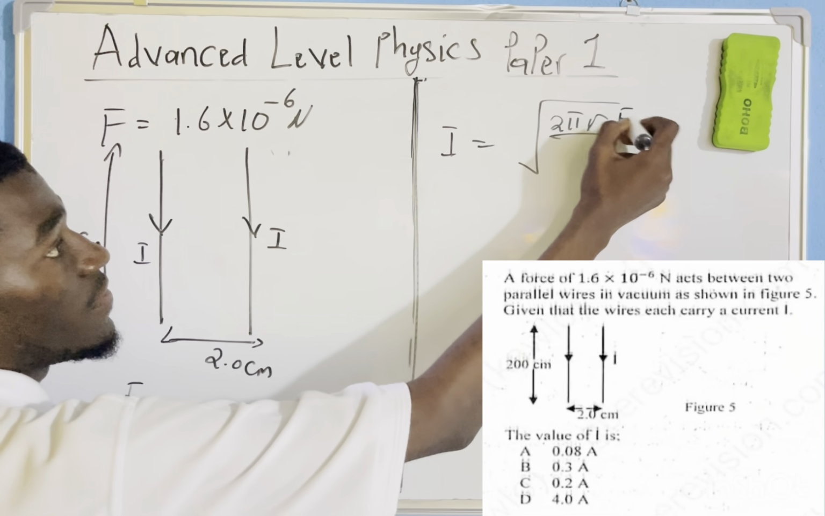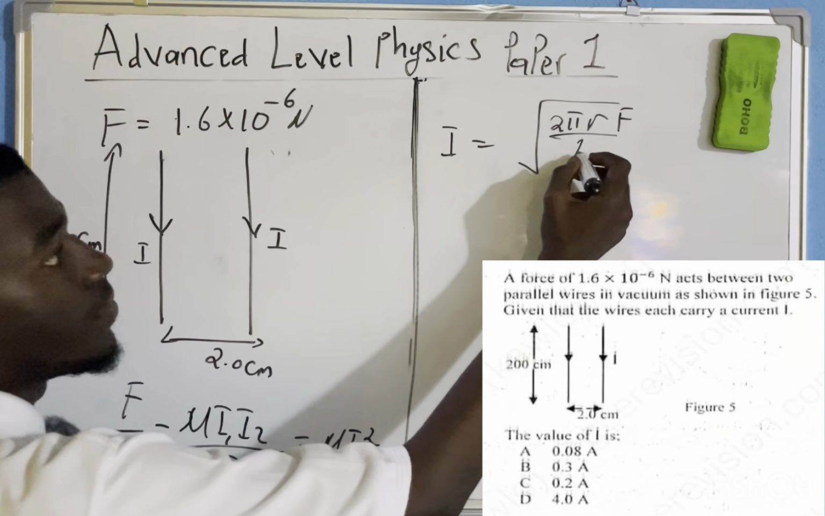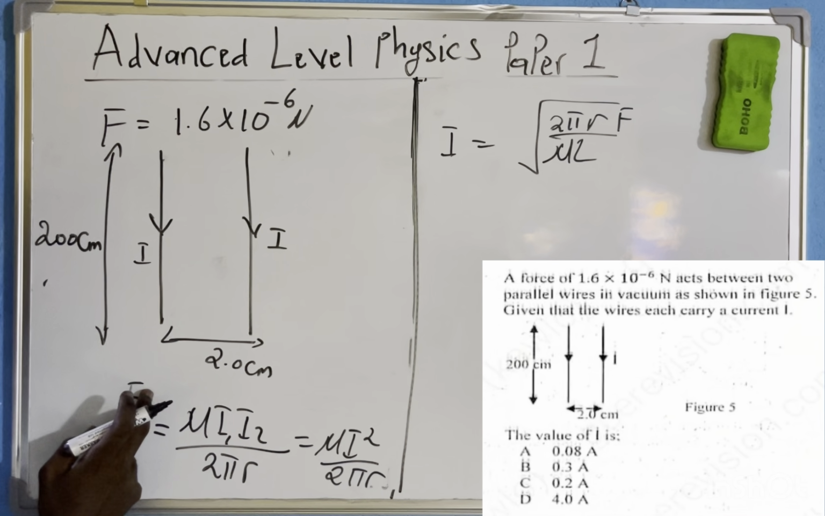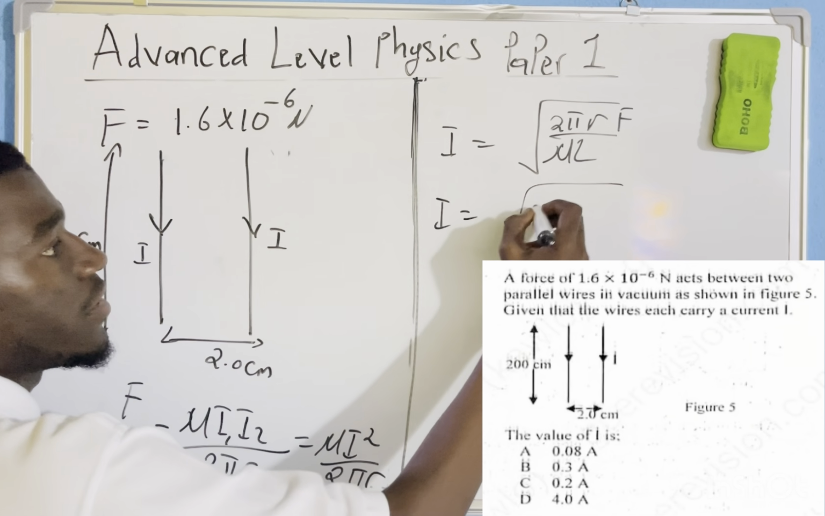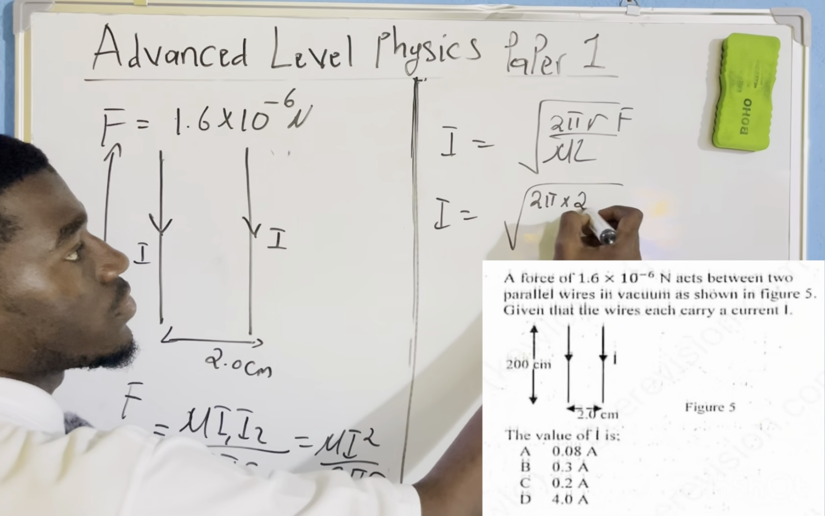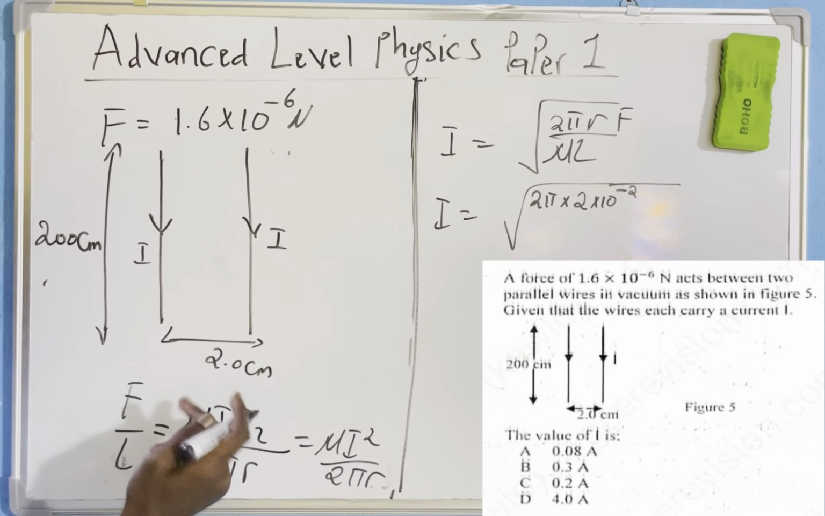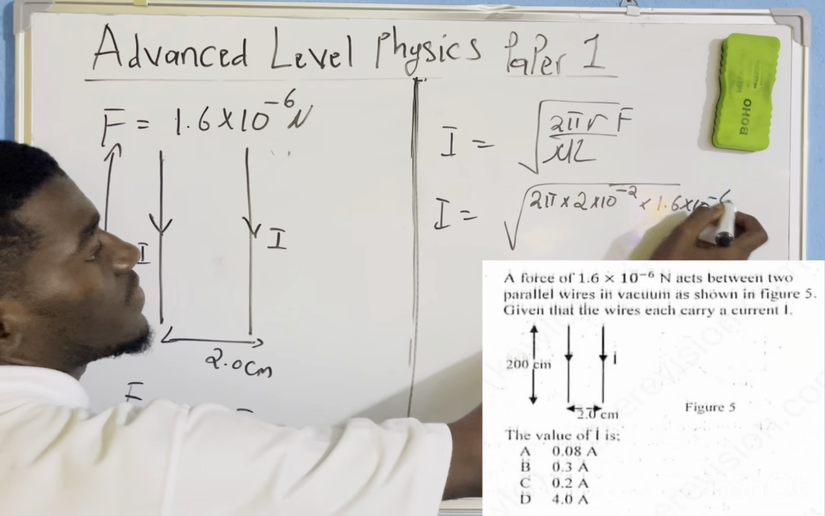but then here it will be F divided by L, divided by mu, so mu L. So that is it. I make I the subject. Now, by doing the numerical application, I will have 2 pi times r. What is r? This is the distance, so 2 times 10 to the negative 2 to convert to meters, times the force they gave, 1.6 times 10 to the negative 6,